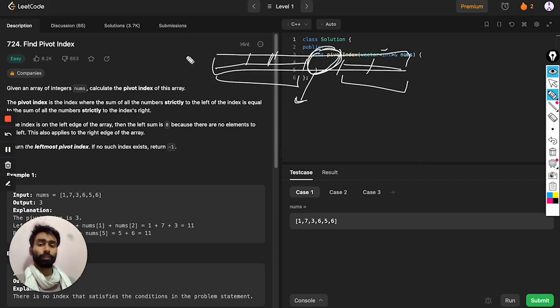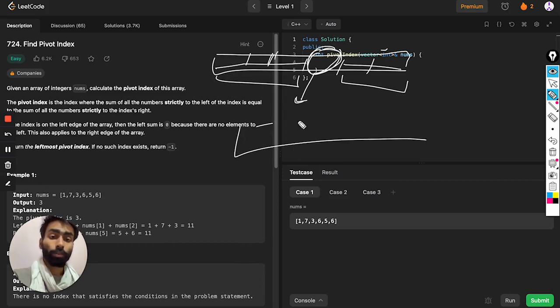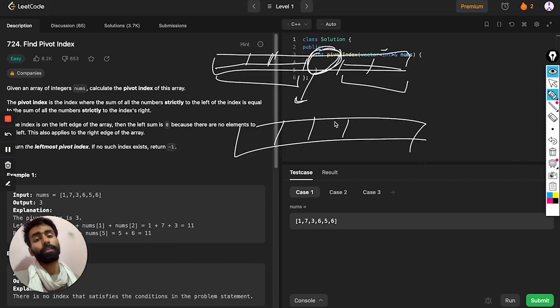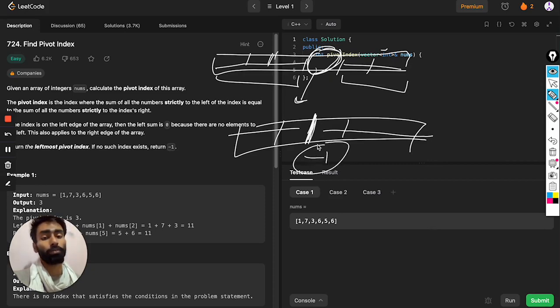So how can we find this? Also, if we come across a situation where the sum of left is equal to sum of right, but there is no element in the middle, in that case we have to return -1.